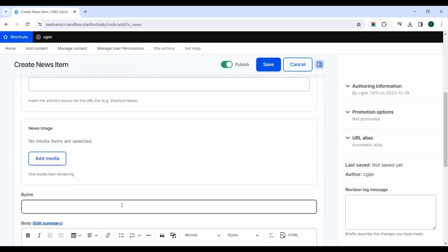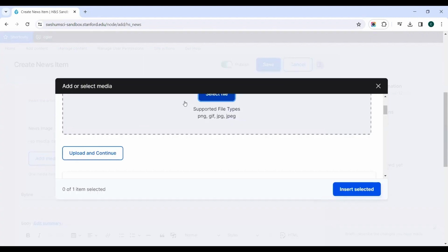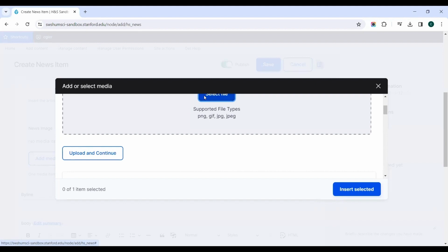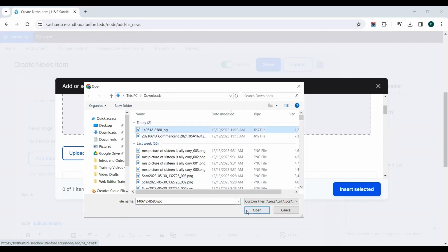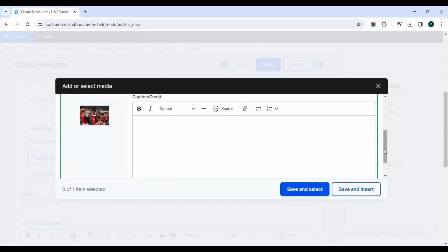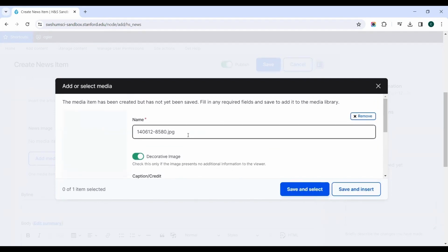Next, you have the option to add an image. In our case, we do have a media item, so let's upload that. So we'll add our media item. We'll select one that I've downloaded from Sally Images, and then choose upload and continue. Scroll all the way up. We can rename this something that's more useful than just a bunch of numbers. So commencement